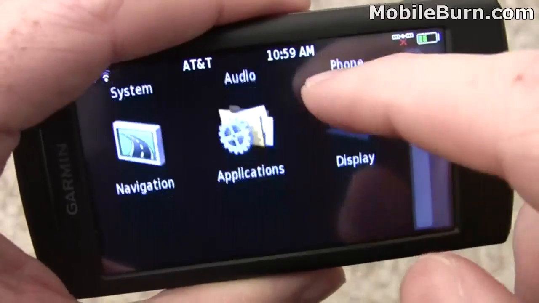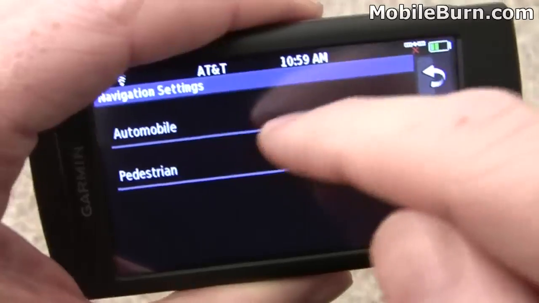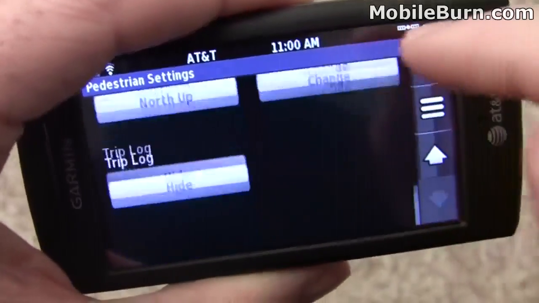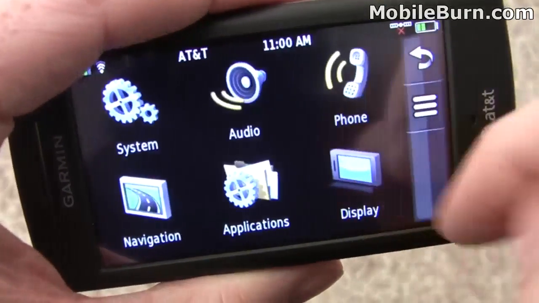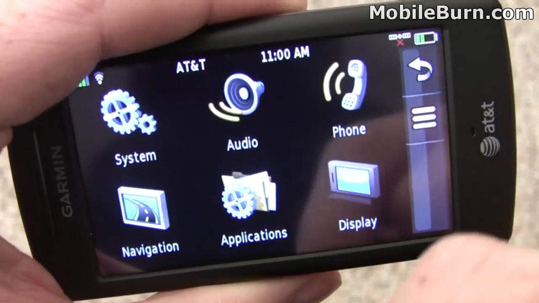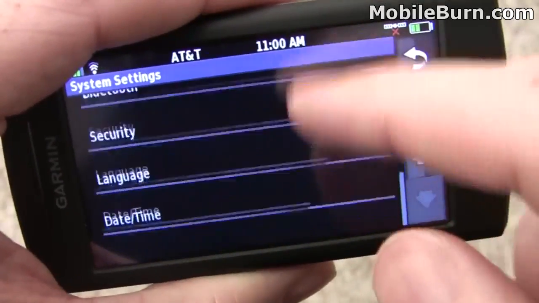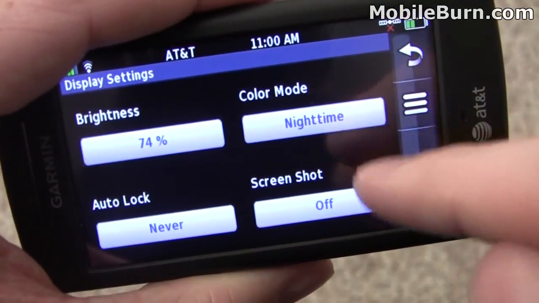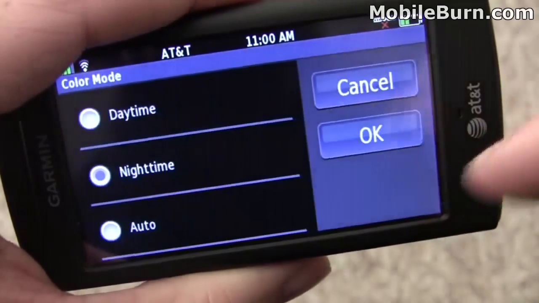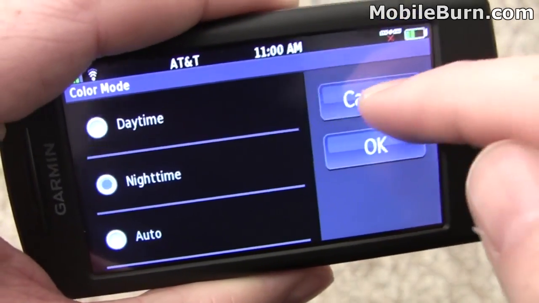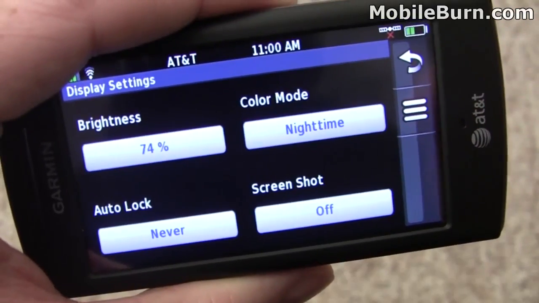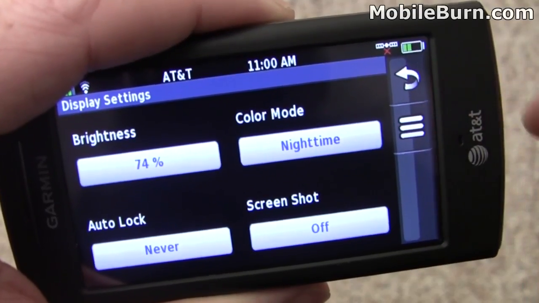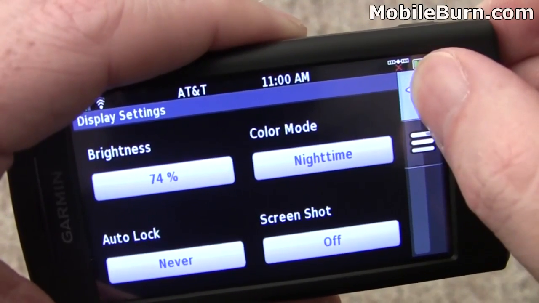Quickly go through some of the settings. You have settings for navigation, different settings for pedestrian versus auto modes. Very much like the Garmin navigation systems in the cars. System settings. Display. Right now I have it set to nighttime mode, which is a black theme. You can set it to automatically switch between the two depending on time of day. Just it's easier on the video camera if it's in a black theme. You're probably sick of watching me press the back button a million times. It is worth noting that if you long press it, it will take you all the way back to the